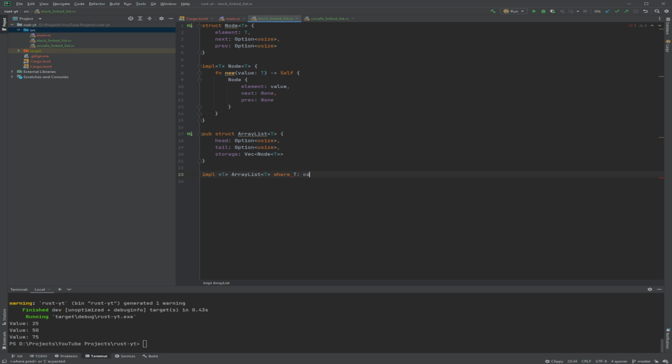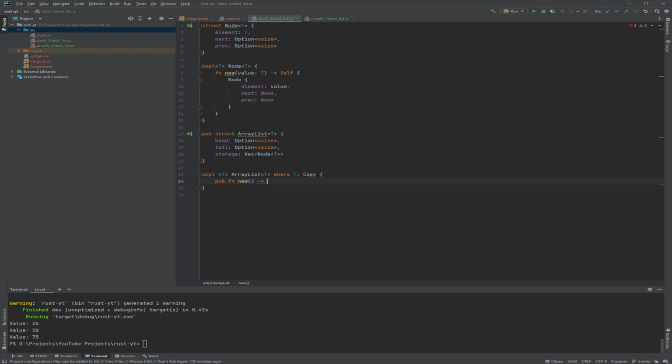And we want to only do this if T is a copy, because we want to copy these values inside the vec. And because vec also needs to grow, so I think it needs copy, or maybe move. I don't know. C++ had a restriction where every vector item has to be copyable. So I don't know if that's the case in Rust.